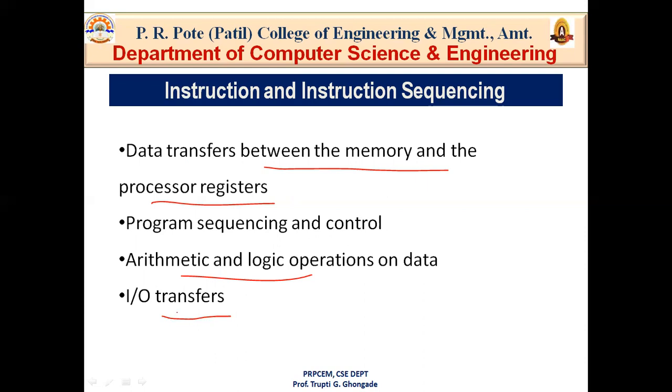Okay, so the first operation is done by the processor and memory unit. Another operation is done by the control unit. This one is done by the arithmetic and logic unit. And this is done by the input unit and output unit. Now to perform all these operations, we have some syntax, because the computer doesn't understand high level languages, and there is a language which is called assembly level language, which is used to do the operations.